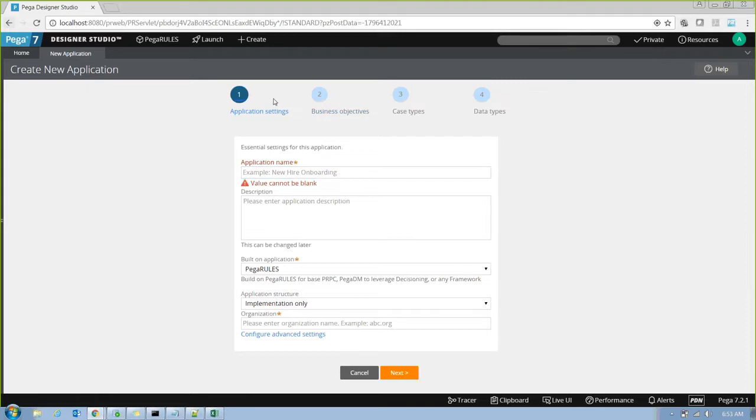Earlier it was profiler with around 8 tabs and accelerator with around 8 tabs. So 8 plus 8, 16 tabs you needed to complete to build an application. Now it's so simple, it's only 4 tabs or 4 stages and you're done with creating a new application with some basic configuration.